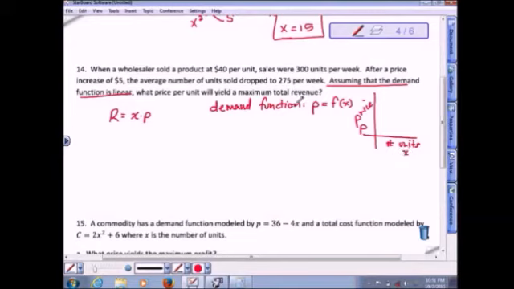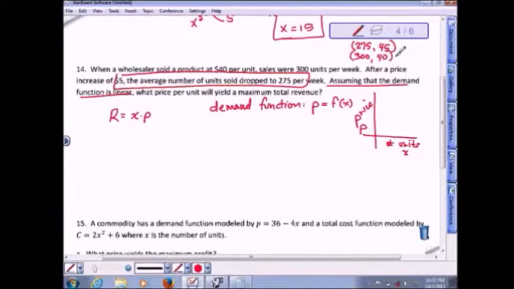So if we try to form ordered pairs from this number, for example, this is an x value because it's the number of units. This is a price value. So we form that into an ordered pair, x comma p, and the point becomes 300, comma 40. If you try to form this statement into an ordered pair, the price went up $5, that's a price of $45, and they only sold 275 units, so that's 275, comma